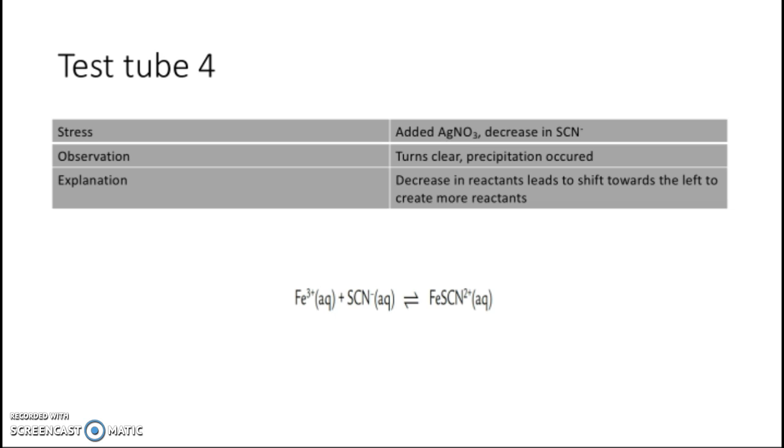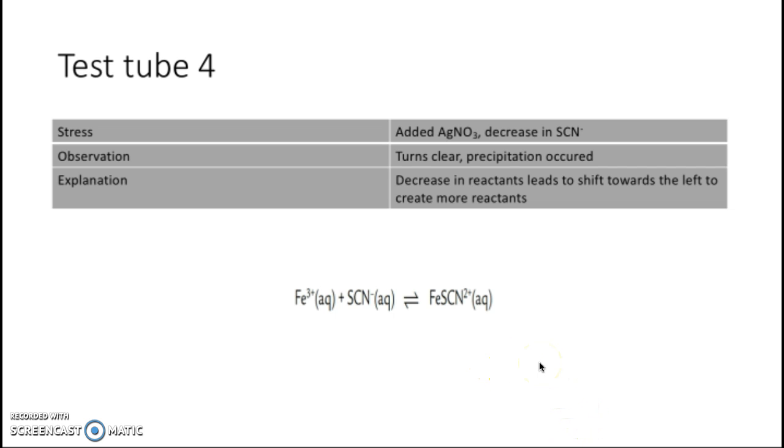In test tube number 4, we added silver nitrate to decrease the thiosulfate, and we did this, as mentioned earlier, by decreasing the thiosulfate ions with the silver ions. And the observation we made here was that the liquid turned more clear or colorless, and precipitation occurred. The explanation for this is that there was a decrease in reactants, which led to a shift towards the left